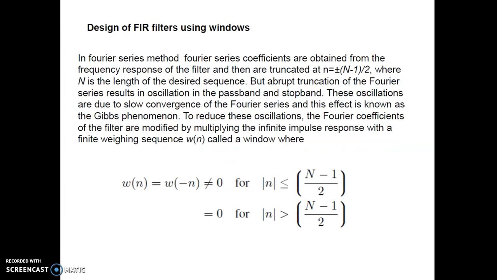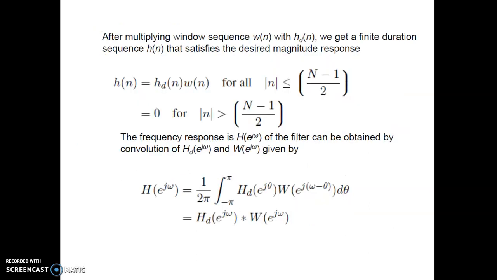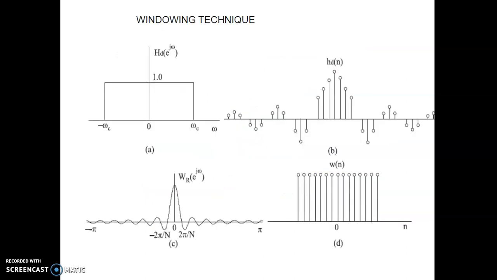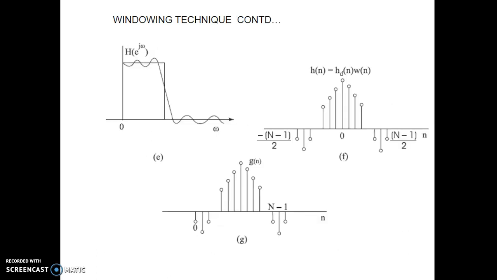See, whenever we are making FIR filters using the Fourier series method, we are truncating the response of the filter to a finite value. Actually the number of filter coefficients is infinite. Whenever you truncate the filter coefficients by some kind of a window, which in this case happens to be a rectangular window, you get problems in the passband and stopband of the filter due to what is called the Gibbs phenomenon. So for this case, I am showing a rectangular windowing technique,